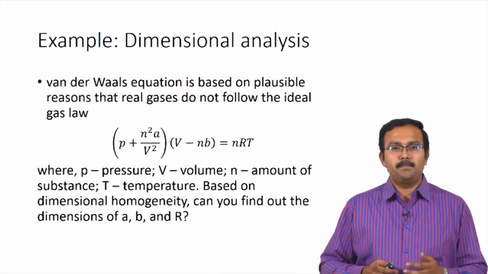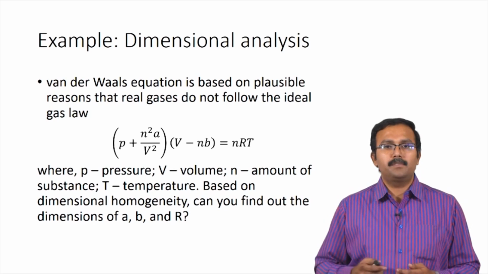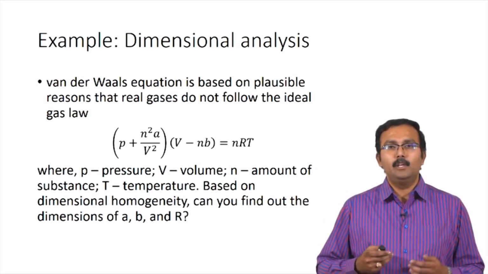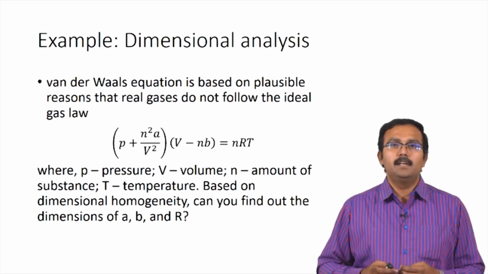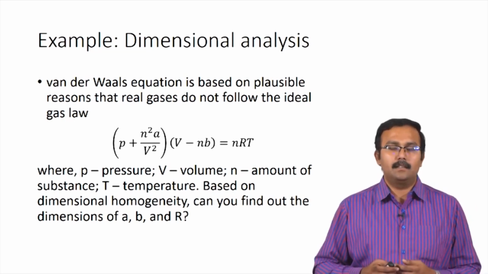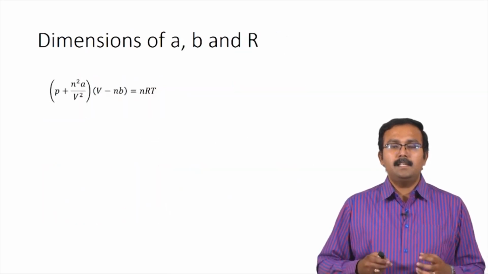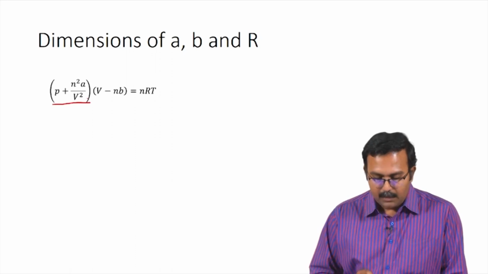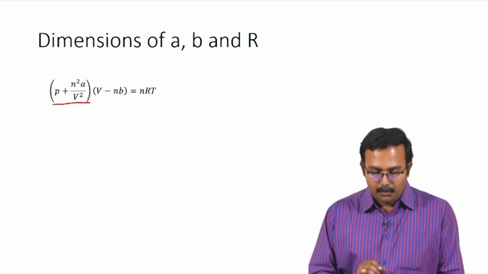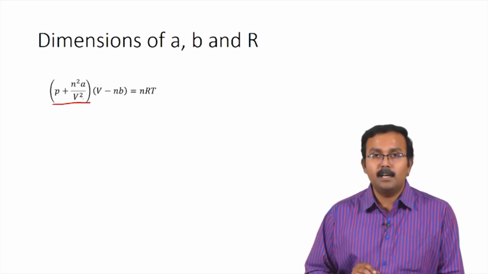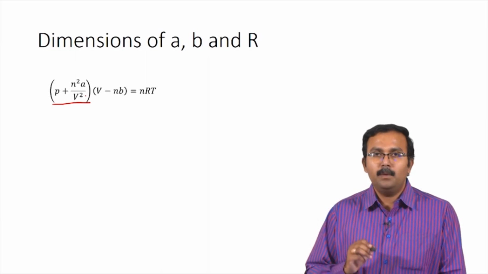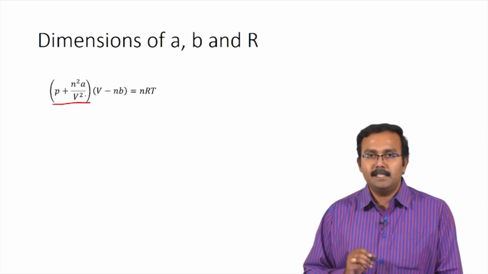Here P is pressure, V is volume, n is the amount of substance, T is temperature, and based on dimensional homogeneity, you have been asked to calculate the dimensions of the constants A, B and R. So, to do this, we first can take the first term alone. The first term has two aspects: one is the pressure and the other is the term which contains A. These two are added. Based on our rules for dimensional homogeneity, any additive term has to have the same dimensions,